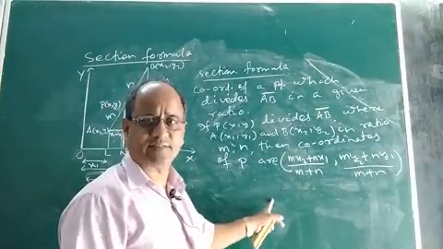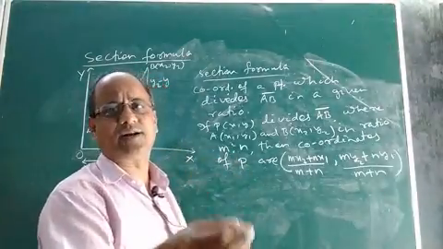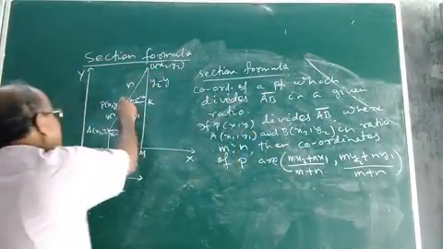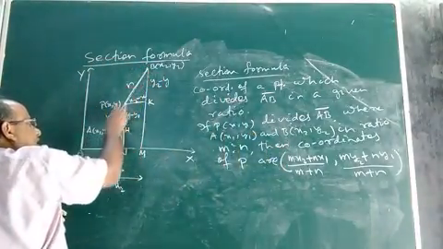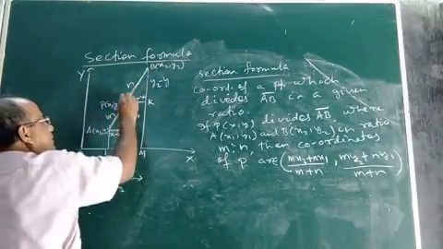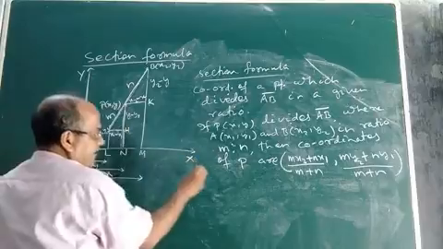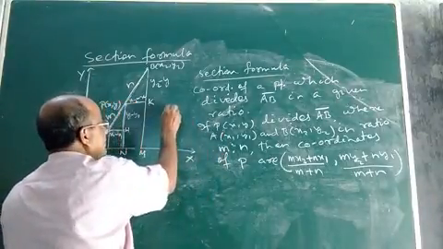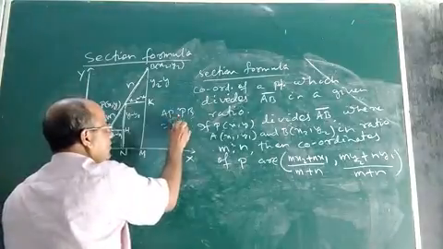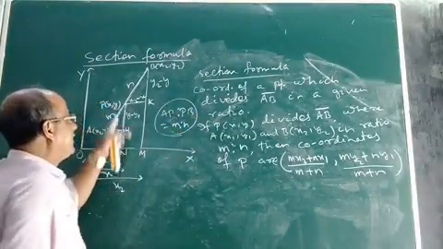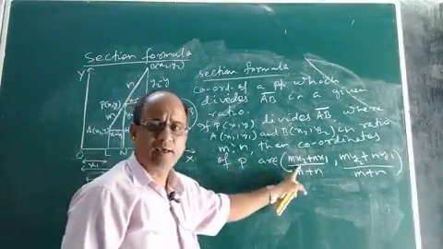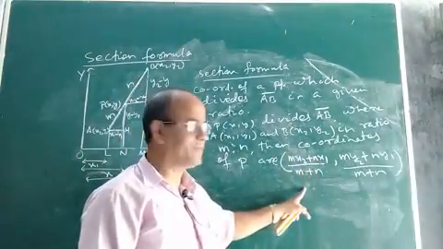What does it say? It says that if P is a point whose coordinates are, suppose, x and y, and if the point P divides this line segment AB in the ratio m is to n, that means if the ratio of AP to PB is m is to n, then you prove that the coordinates of this point P will be (mx2 plus nx1) by (m plus n),